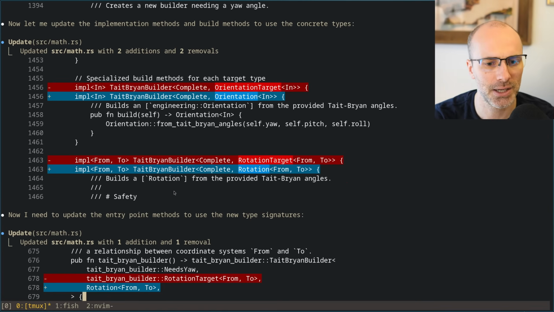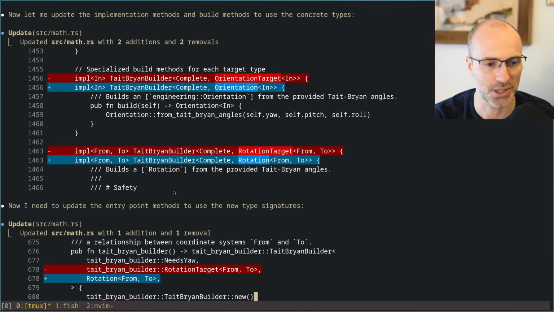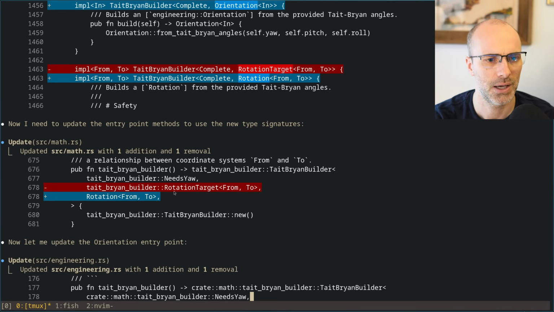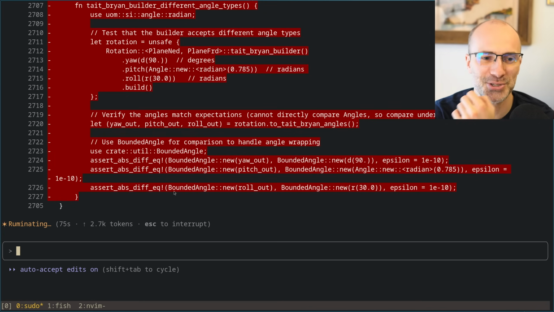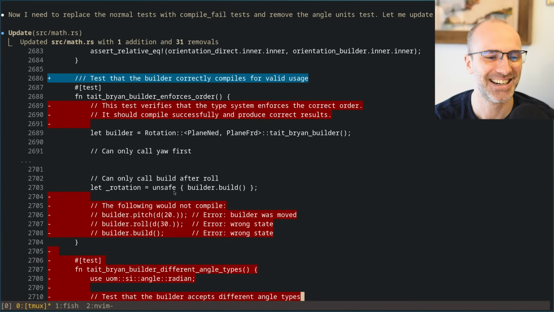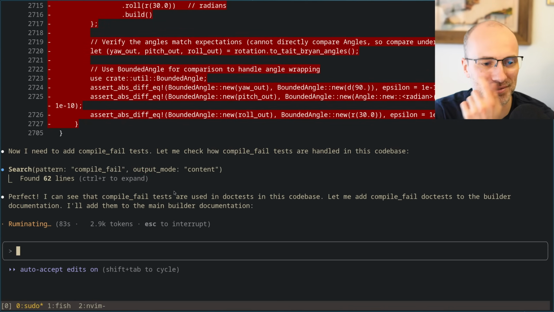And then it did get rid of the target type. So that's really nice. That was a good suggestion in chat. And then it changed this caller to get rid of those. Just let the vibes take over. Cool. They got rid of the thing I wanted to get rid of.